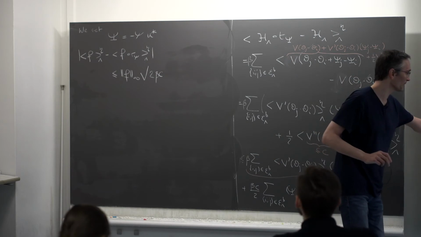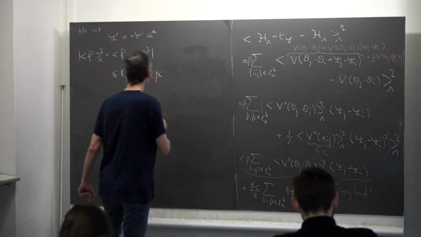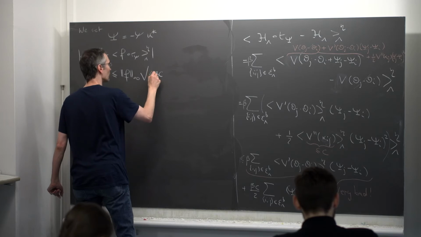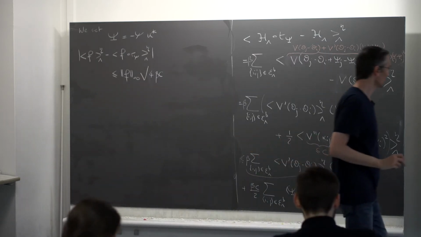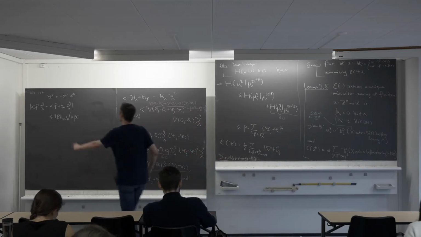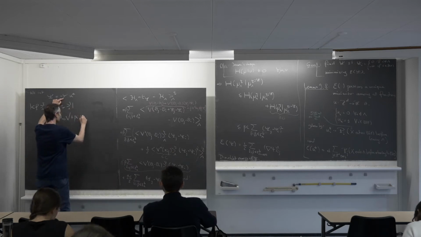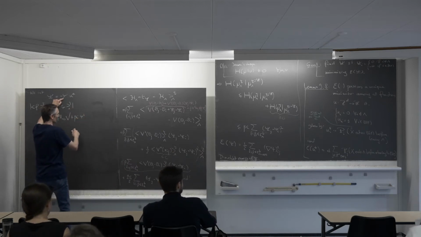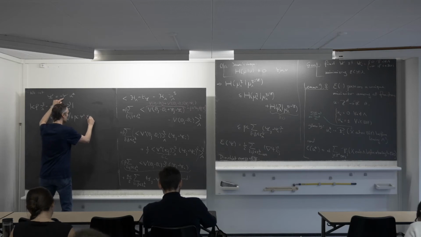There is another 2 coming from the fact that I've put 1/2 here, so probably there is a 4 here, whatever. And then I get a psi square because I want this guy. All these are just constants, we don't care really about them. And then we get epsilon of U star.